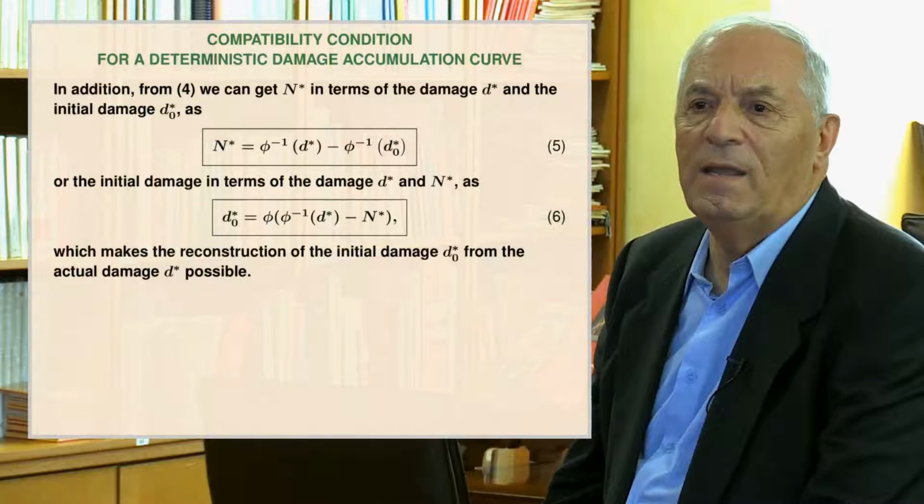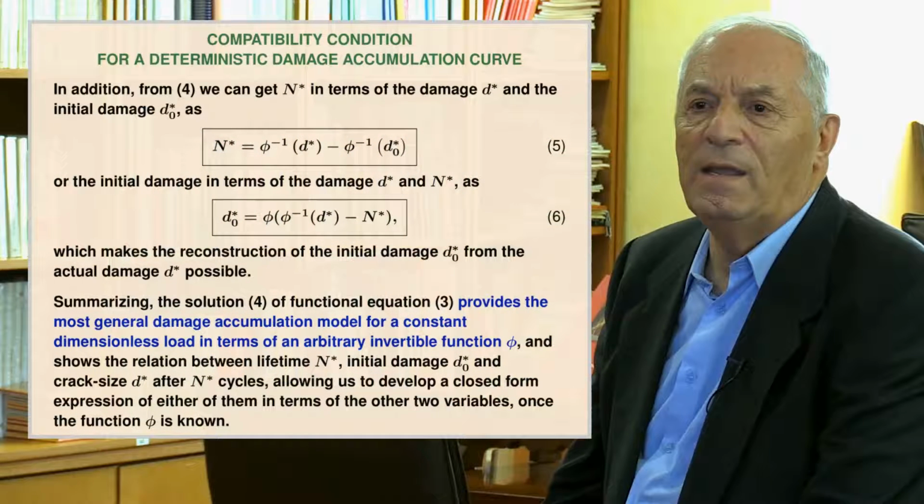It is interesting that our damage accumulation model allows us to obtain the number of cycles required to get a given damage level when we start from a given initial damage d0, and also the initial damage d0 from where we must start to get a cumulative damage d after n cycles. This permits obtaining the number of cycles n required to go from an initial damage d0 to a cumulative damage d, and also recovering the initial damage d0 from the damage d and the number of cycles n.